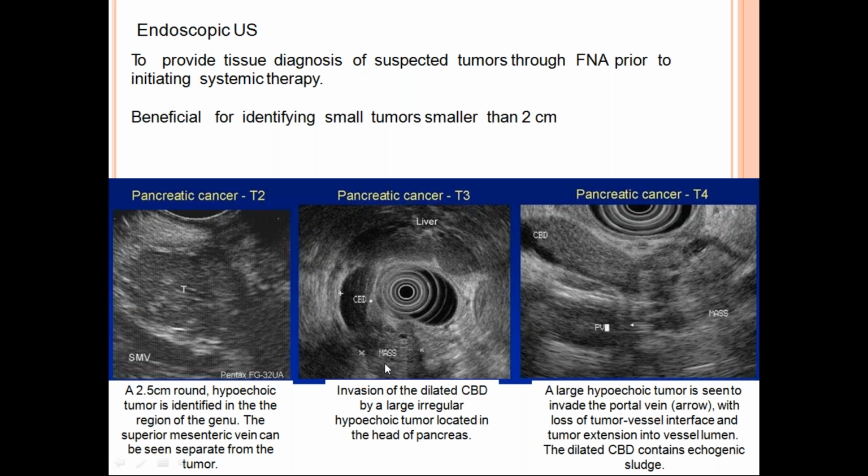Okay, next, if you can see here, this is the mass and this is the common bile duct. Okay, you can see here, this is very clear, the fat plane, but there is no clear plane like this. That means it is involving that one. And this is the mass again, this is the portal vein and the CBD. You can also see the CBD is very much dilated. Okay, that means it is involving both. So one more useful is tumor smaller than 2 centimeters can also be identified on endoscopic ultrasound. Okay, either it can be a radial or a linear. Two views.